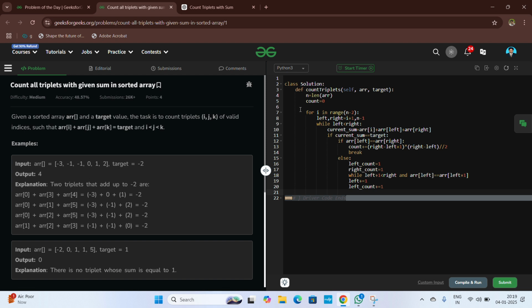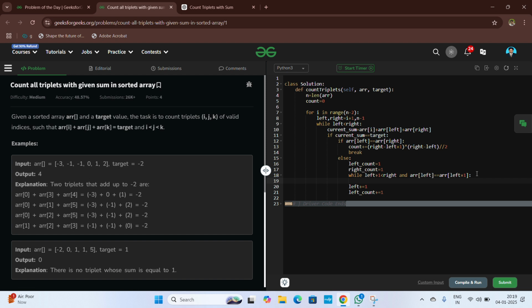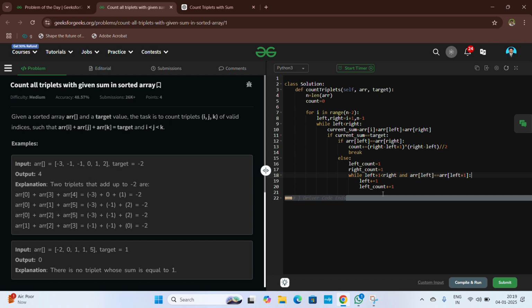Okay, that is solved. Next, another time we use a while loop: while array[right minus 1] is not